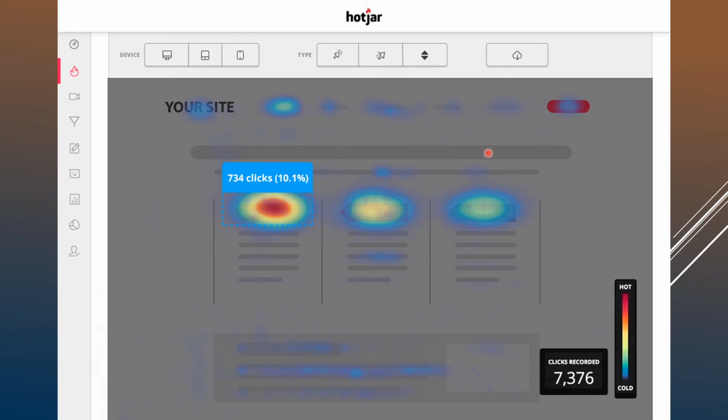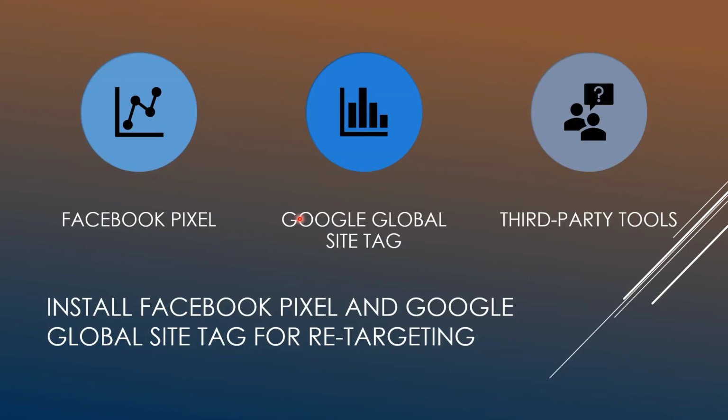So you need to figure out your user flow and understand what is happening, and you can do that with a tool like Hotjar. And finally, you have your Facebook pixel and Google global site tag for retargeting.